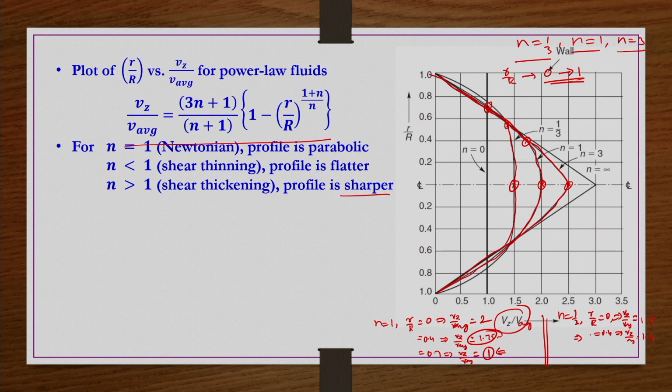So, the velocity profile of a shear thinning fluid flowing through a pipe, if the flow is fully developed, is going to be flatter, and as n increases the flatness gradually decreases, and for n equals 1 the profile becomes parabolic. Further, if you increase the n value where shear thickening behavior starts, n greater than 1, then the profile becomes gradually sharper, and at n equals infinity it becomes a straight line profile like this as shown here.